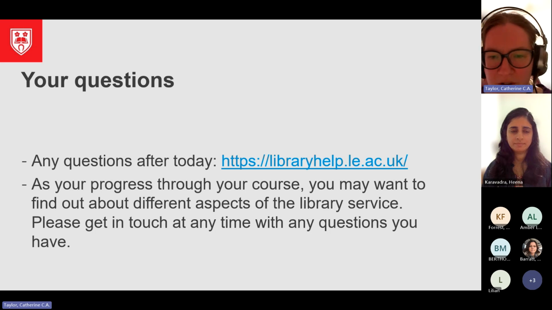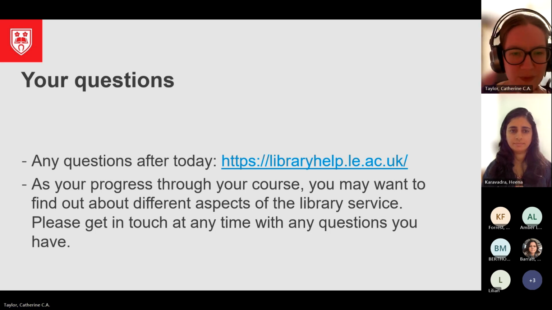The link that we've got on the screen, libraryhelp.le.ac.uk, will take you through to a page where you've got the different contact details for the library, and you can access lots of FAQs, lots of information about the library services there as well. So that is a really good page to have a look at. But as I said, do get in touch with us as you go through your studies. Do have a look at the web pages that are available to support you as well. Okay,